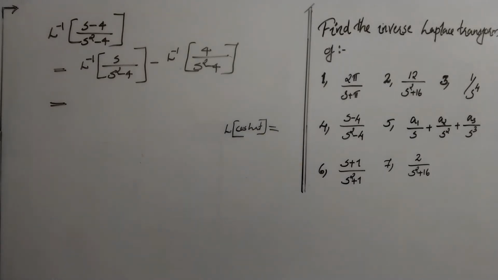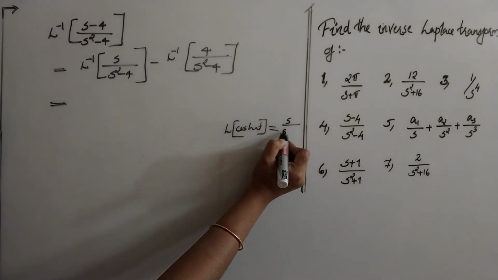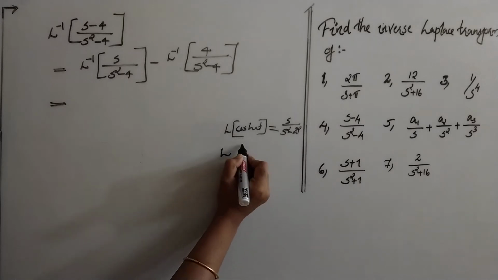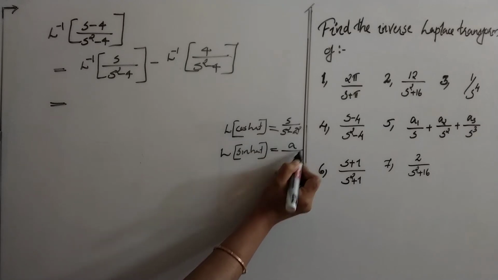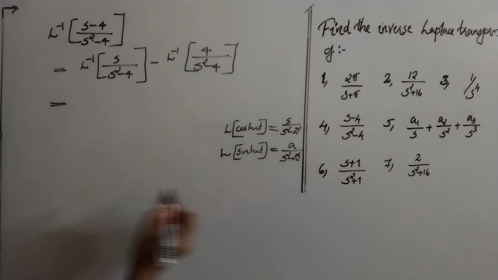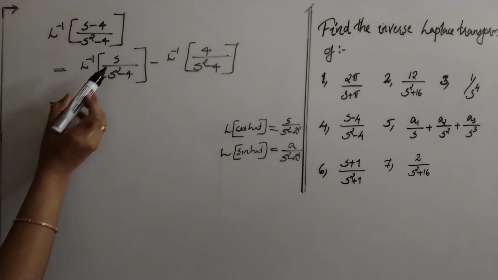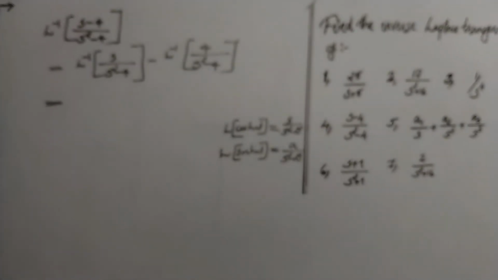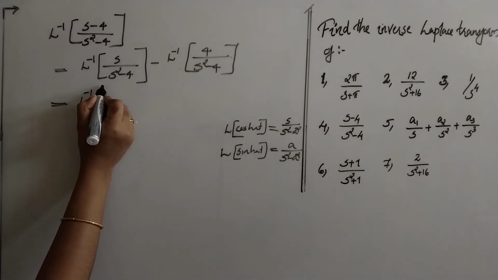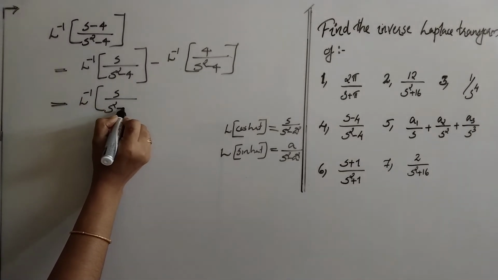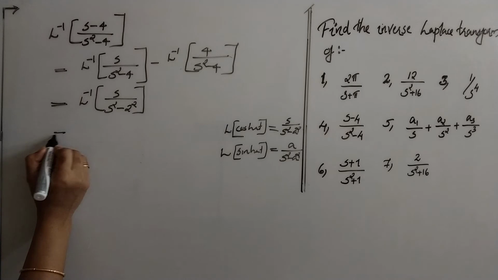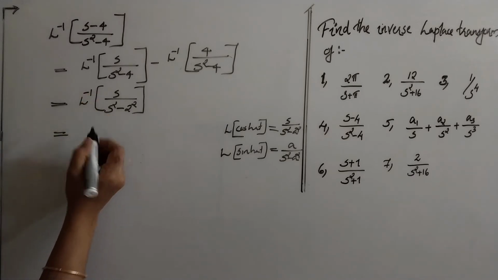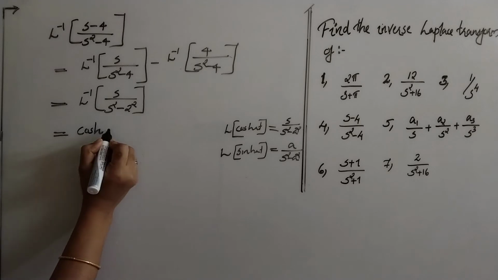Laplace transform of cosh at is s divided by s square minus a square, and Laplace transform of sinh at is equal to a divided by s square minus a square. Here we have L inverse of s divided by s square minus 4. That is L inverse of s divided by s square minus 2 square. So that is cosh 2t